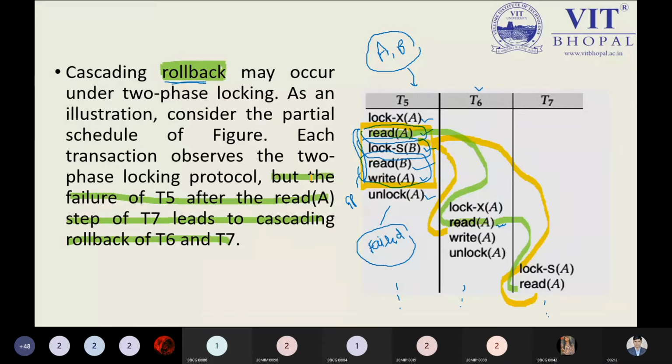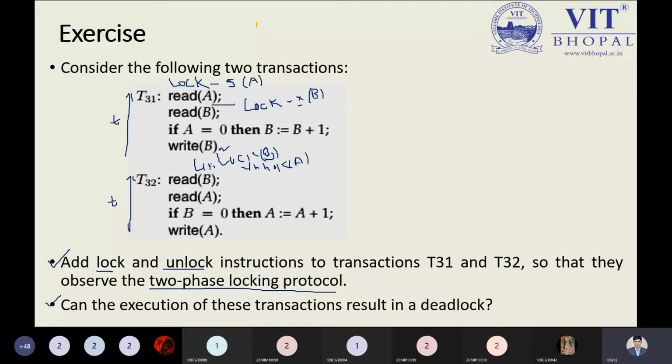Now let's move to the next slide. Yes, this is an exercise for all the people, and this is an exercise I have already discussed with other students. So I'm expecting you will speak something over here properly. Just read this slide and tell me. I have already discussed this point, but I was expecting you will speak about where we can apply the lock and unlock instruction.